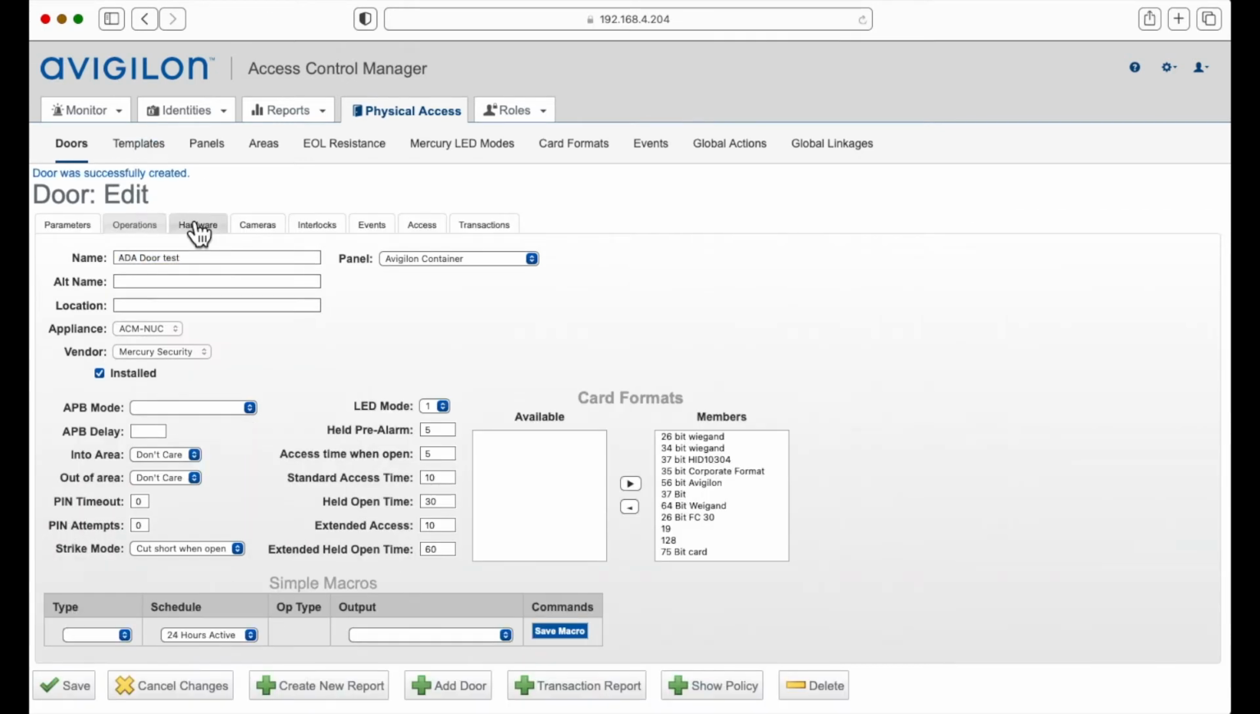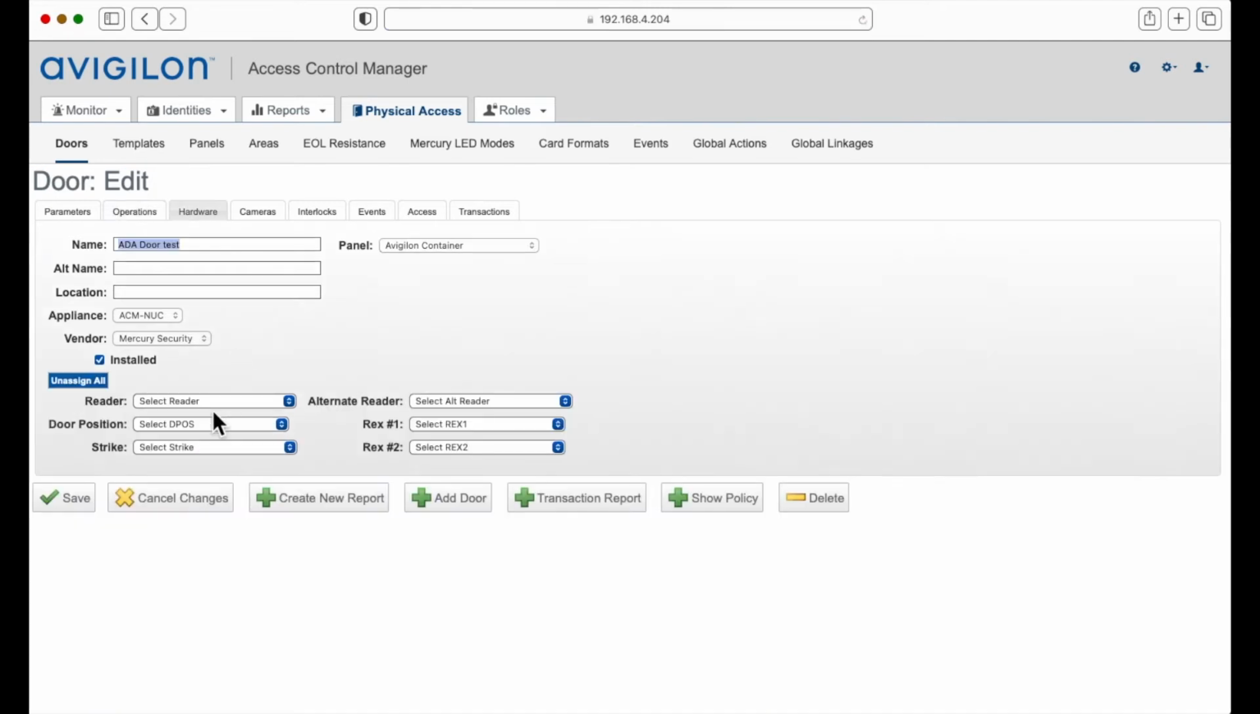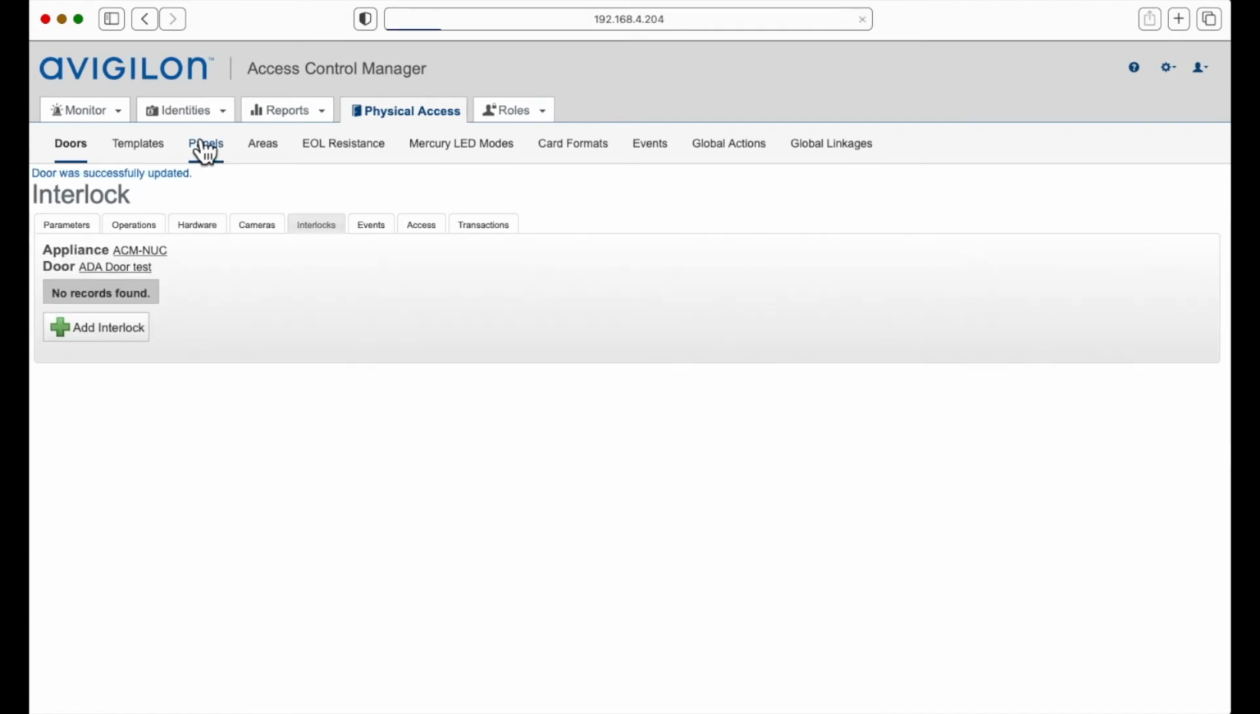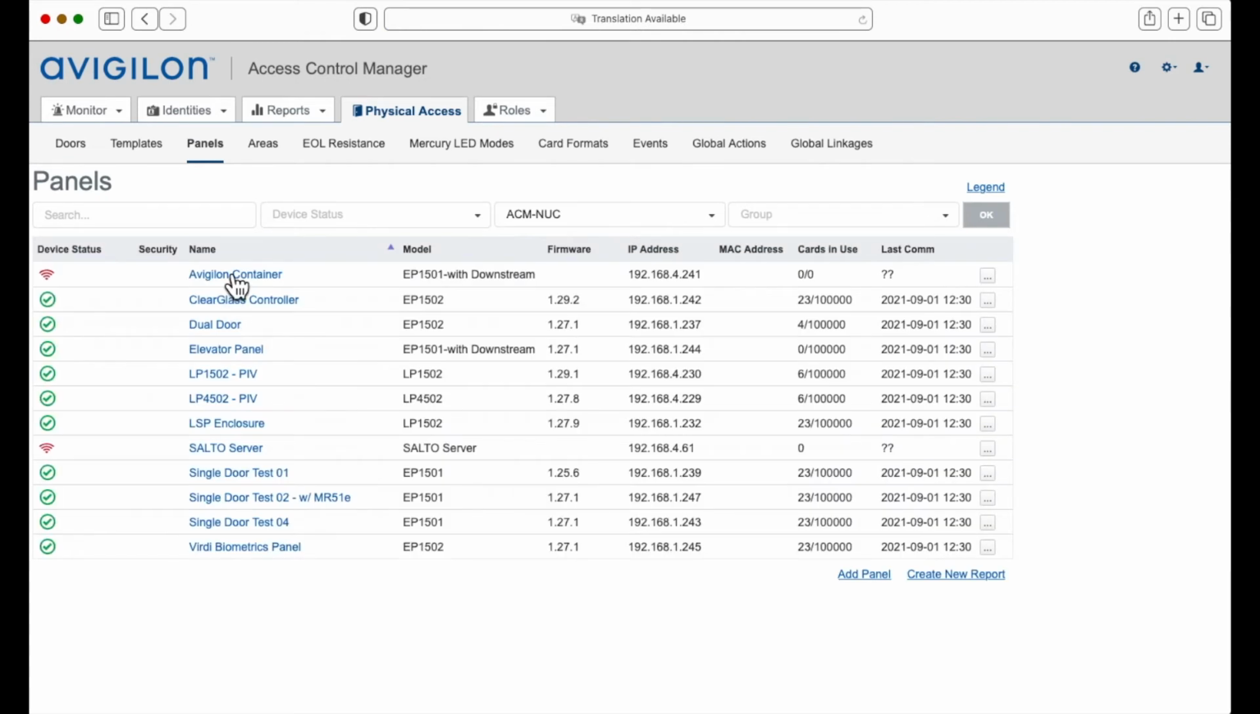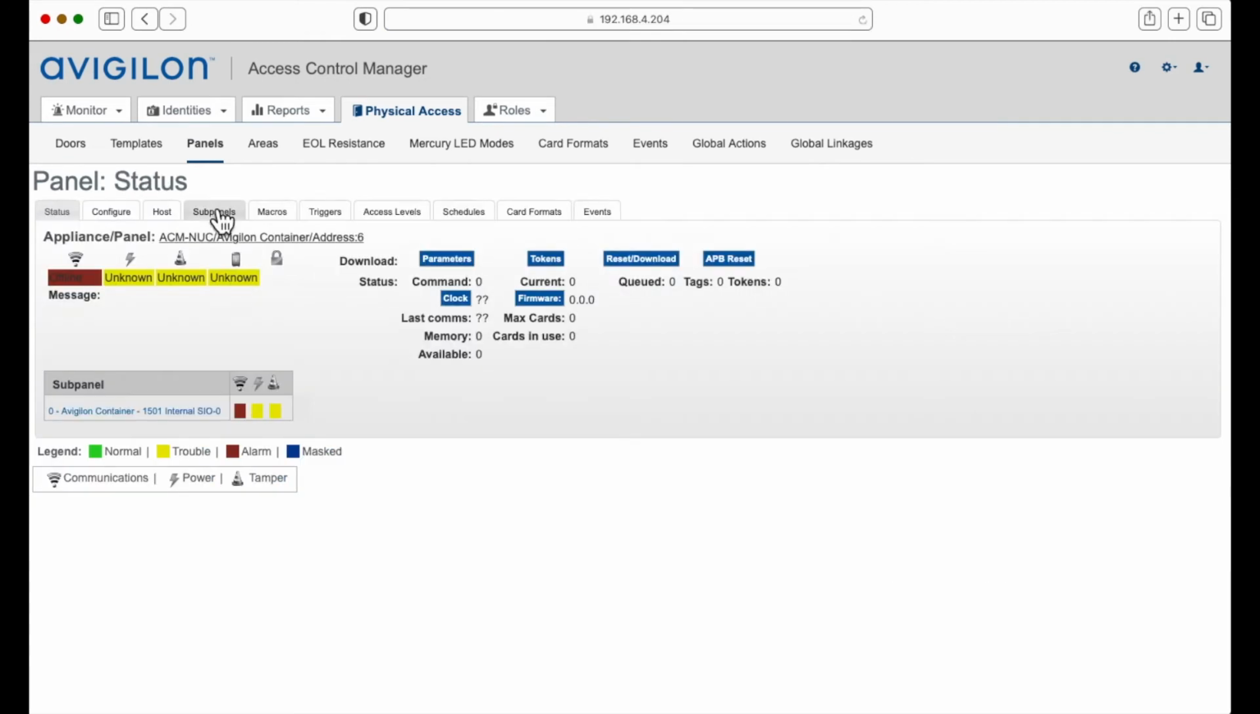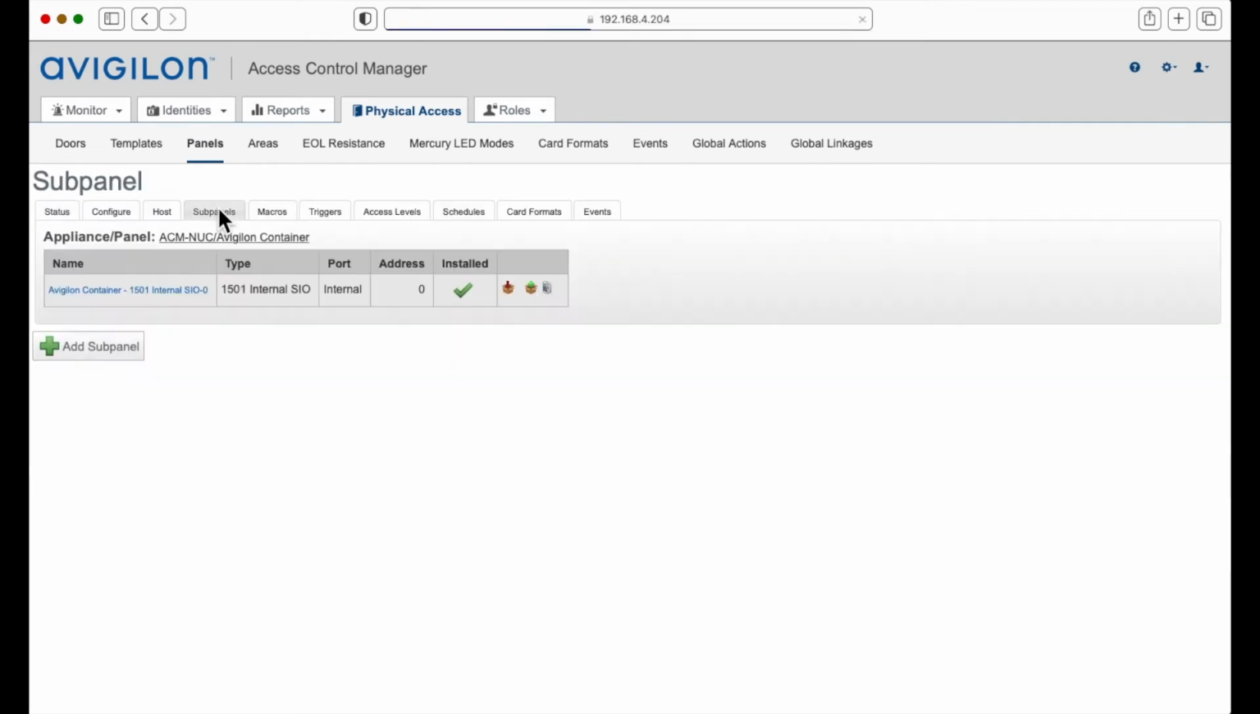So then I'm going to go to the hardware tab here, and I'm going to go ahead and select a reader. I'll select my door contact. I will assign a strike, and I'm not going to assign a Rex. So now if I go back to that panel, and I click the subpanel, and then I'm going to go ahead and select this little inputs icon here,